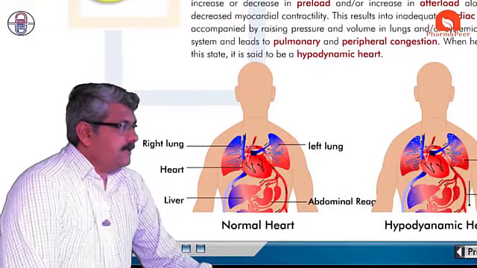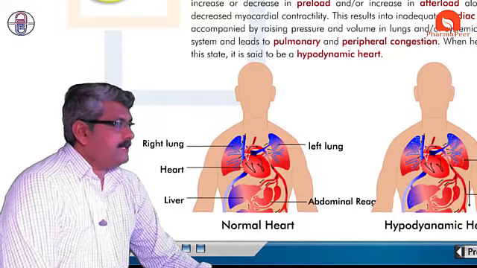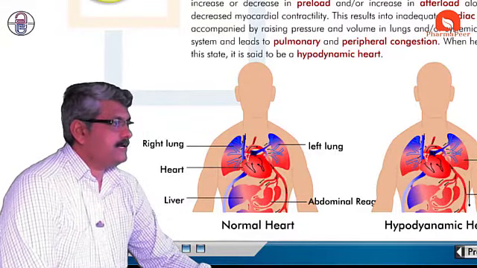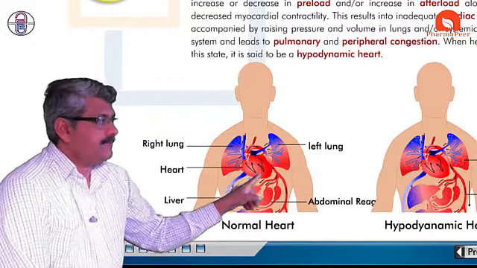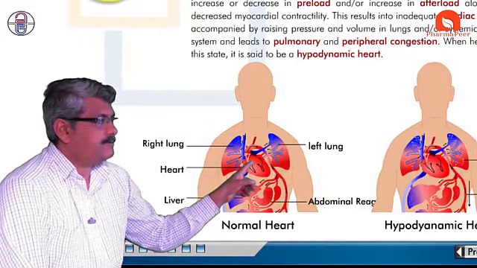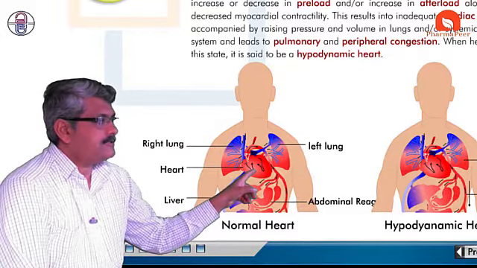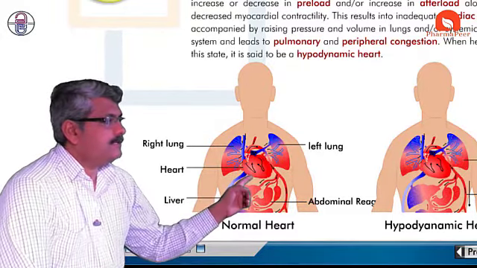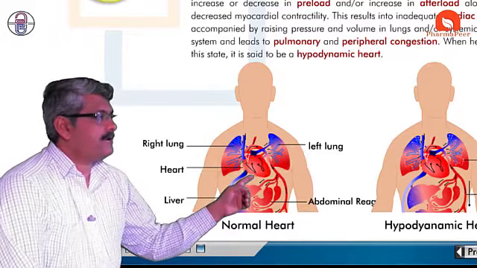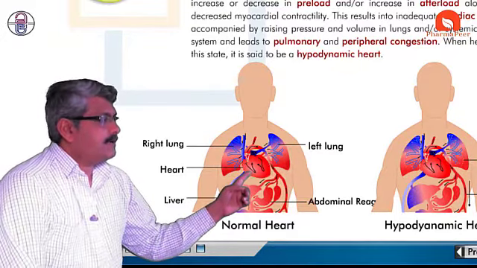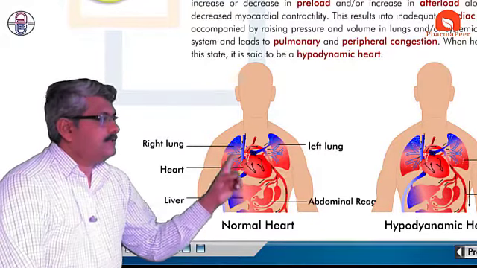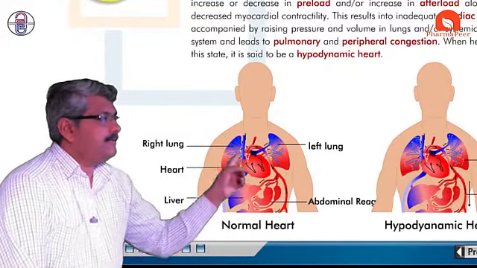Yes. In a normal heart, what happens? In normal activity, what happens? If you see this normal heart, this heart is pumping, and it is pumping due to proper contraction and relaxation. In this area, if you see, the heart is working very well. Because of this proper contraction and relaxation, cardiac output is proper, and due to this proper cardiac output, there is no congestion anywhere.